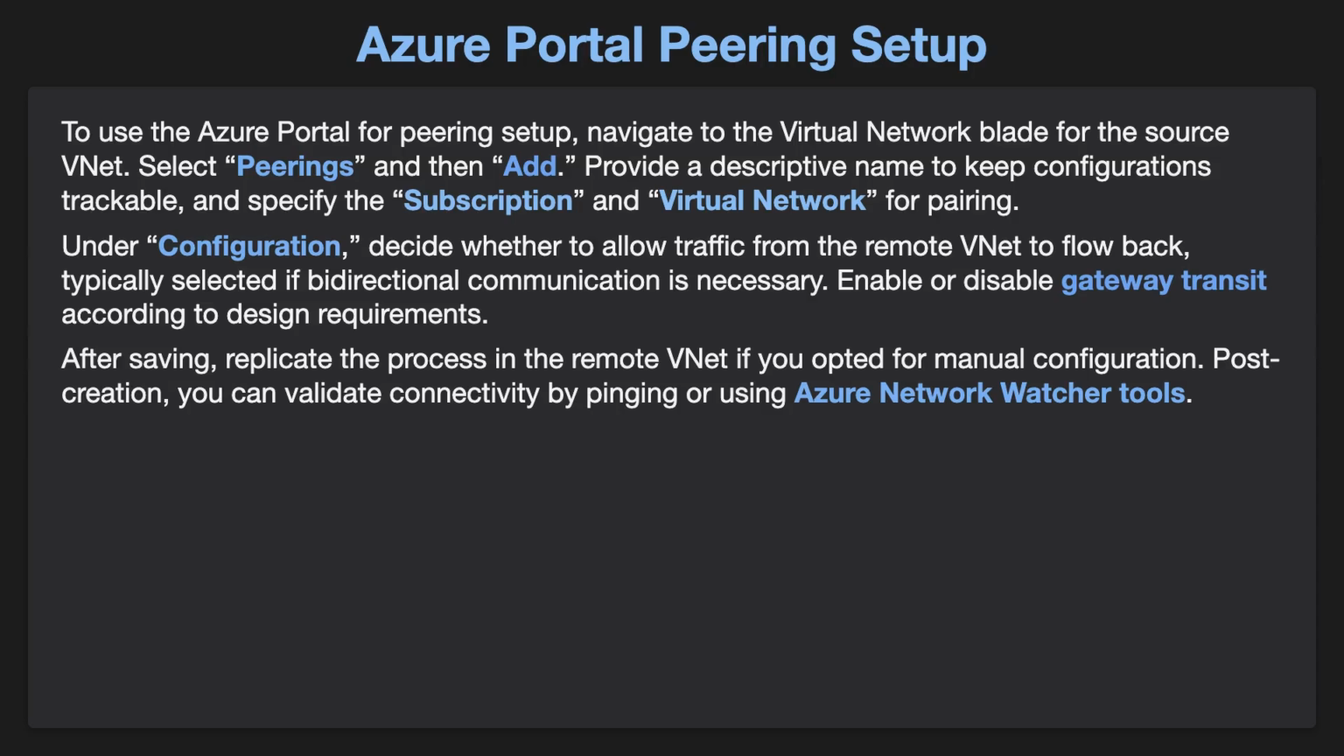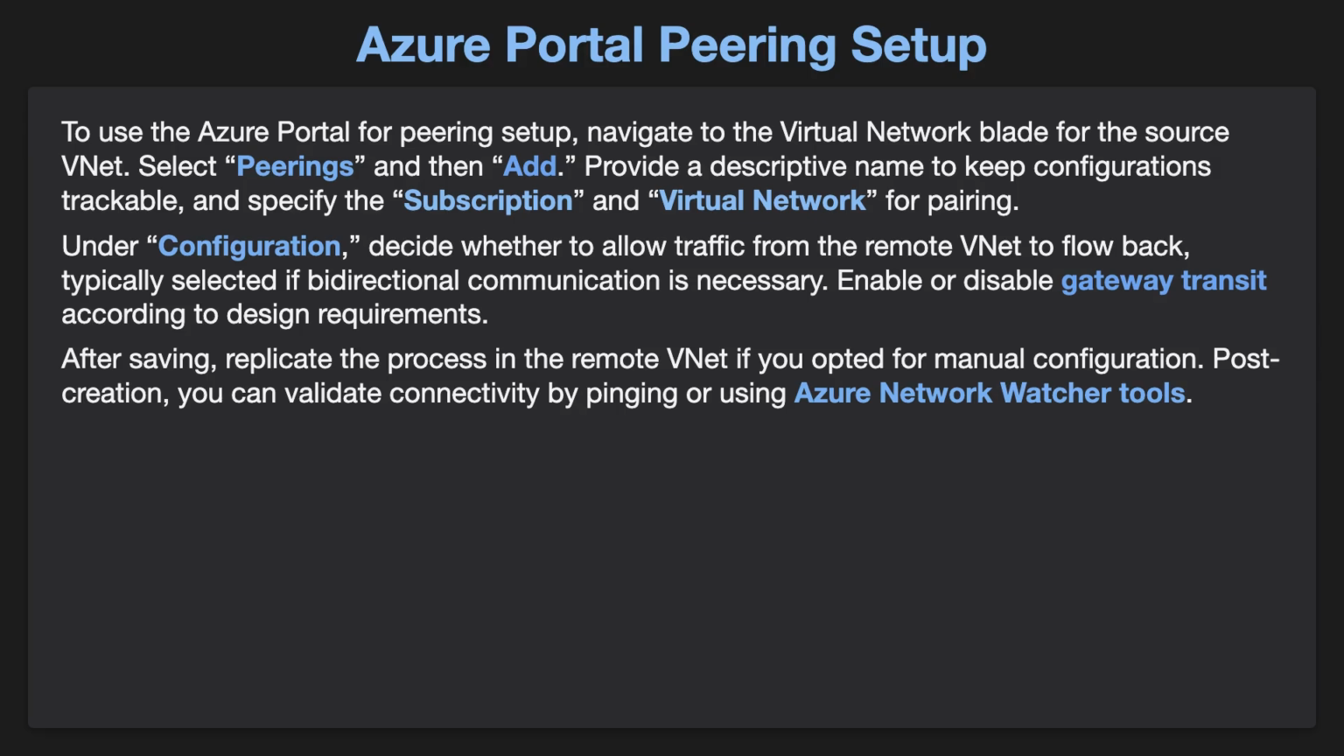To use the Azure portal for peering setup, navigate to the Virtual Network blade for the source VNet. Select Peerings and then add. Provide a descriptive name to keep configurations trackable and specify the subscription and virtual network for pairing. Under Configuration,